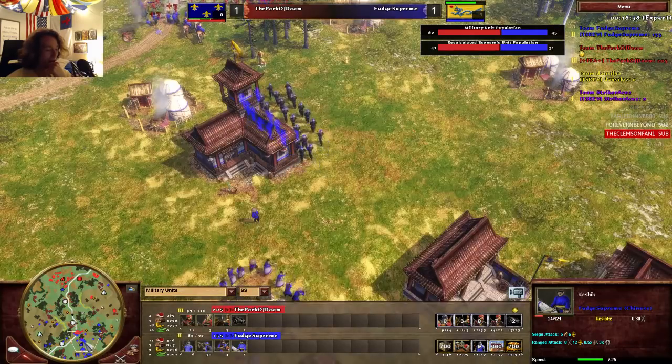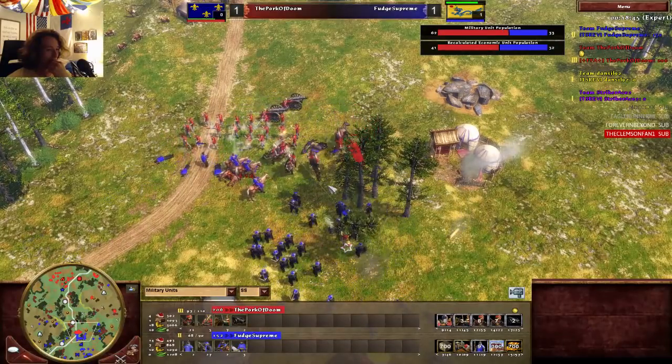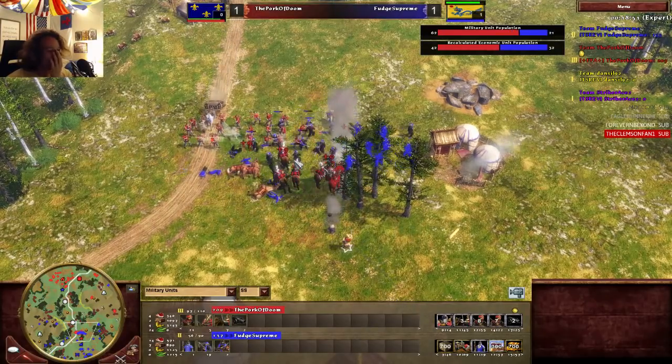Dude, where are the Chu Ko Nu? They're not to be seen. How are these guys going to do? Here they come. Well, man, that army got slaughtered by the skirmishers. Oh, no. If you're trying to melee down those...